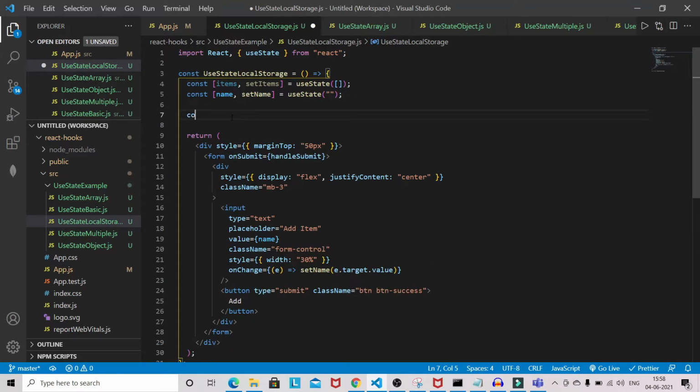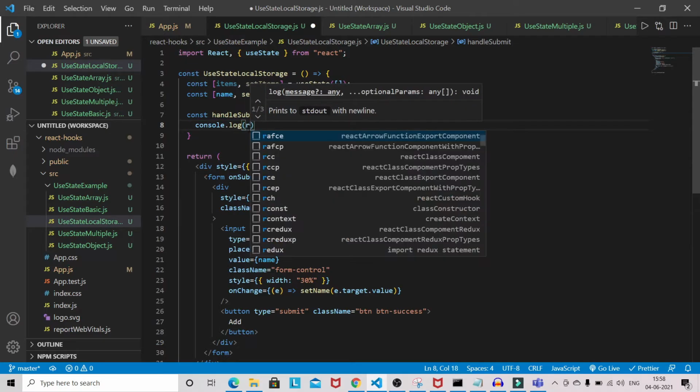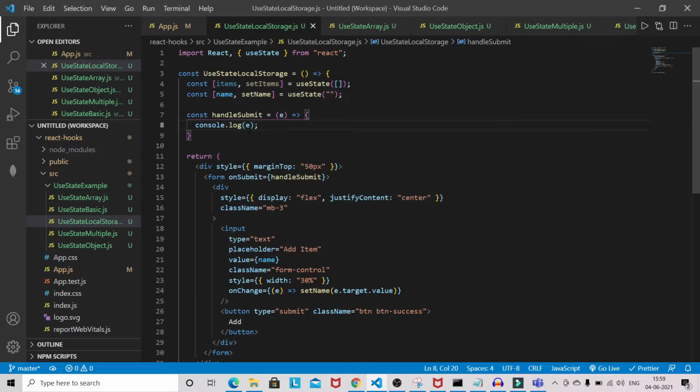So we need to write the handleSubmit here. Okay, so handleSubmit, and I want to show you something here. console.log e.